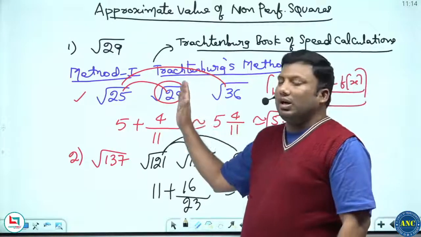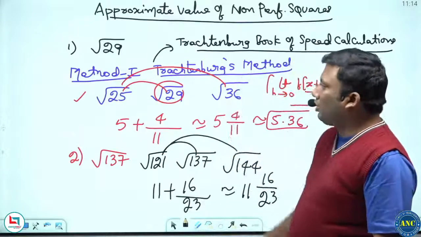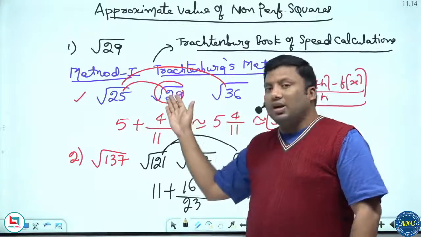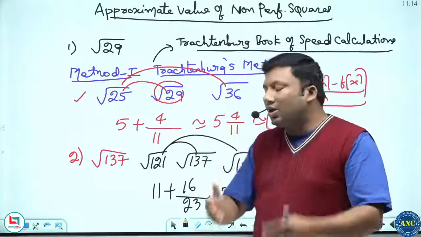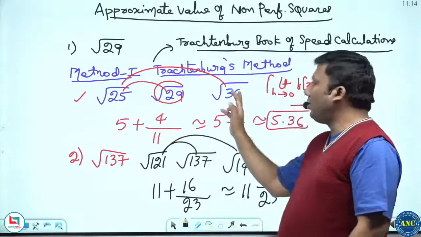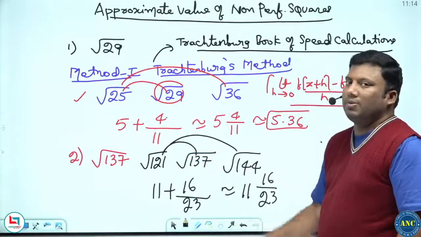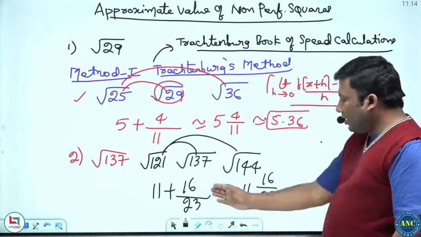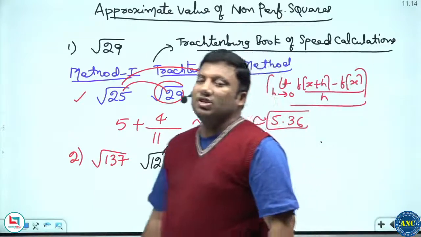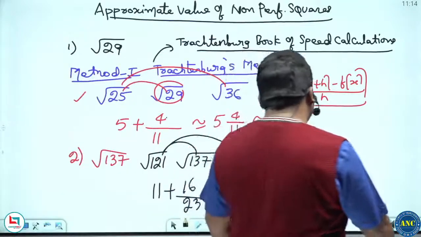Square root of 29 lies between which two perfect squares? Root 25 and root 36. Root 29 is greater than root 25. So 5 plus: 29 minus 25, the difference is 4; 36 minus 25, the difference is 11. So the answer is approximately 5 and 4 by 11. This is nothing but 5 and 4/11, that is 59/11. I hope this method is clear, but my entire attention